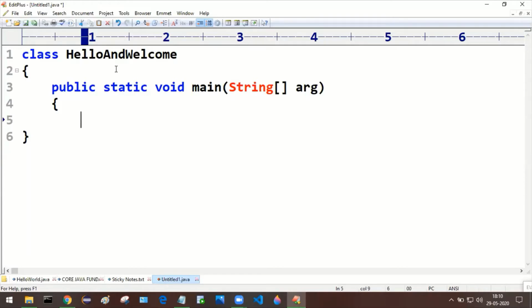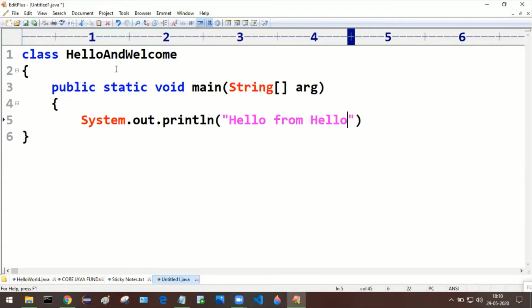Here we have only one statement, System.out.println. By using this statement, I'm going to print something onto the console: Hello from HelloWelcome.